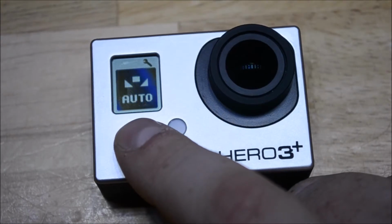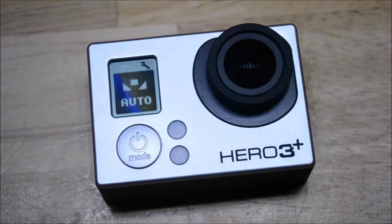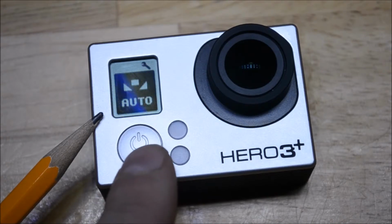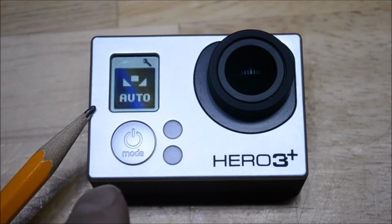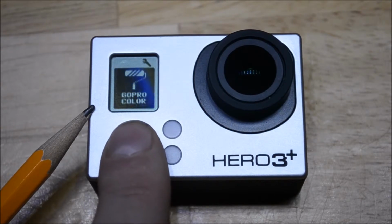And this setting with the triangles and the square, that's actually going to be a white balance, so you can change your white balance. I have it on auto because I never use it, so auto is the one that it keeps it at normally. Then the next one is color,